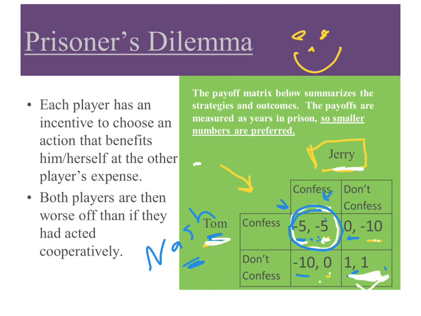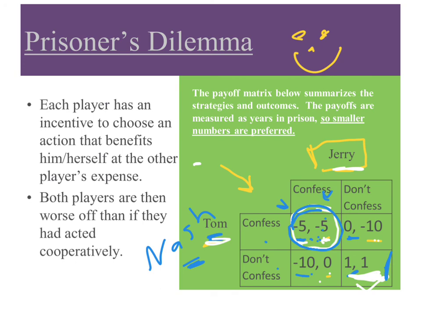In any case, the Nash equilibrium is different than a dominant strategy, and you can have a Nash equilibrium even without dominant strategies. But if you have two players that have dominant strategies, you definitely have a Nash equilibrium. And in this case, we know we're at a Nash equilibrium because neither player has an incentive to move off of that square. Tom is confessing, getting 5 years. He has no incentive to not confess and get 10 years. The same thing with Jerry. He's getting 5 years in jail. He has no incentive to move to his other choice, which is 10. So they're sitting at a Nash equilibrium, but the Nash equilibrium is not Pareto optimal.